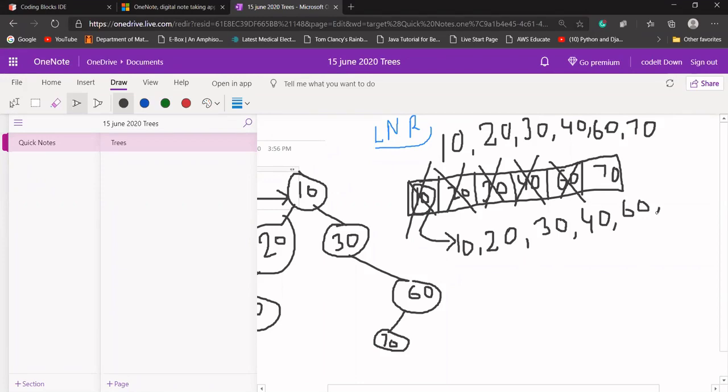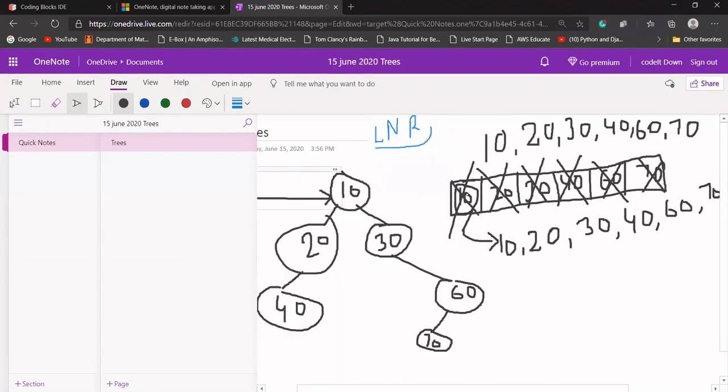Okay, again our queue is not empty. The front data is 70, so I'm going to pop it and print 70. Again, if its left or right exists, push that data into the queue. But if its left and right do not exist, I'm not going to do anything. Again, the while loop will check whether our queue is empty. Yes, this time our queue is empty because we do not have anything in our queue.